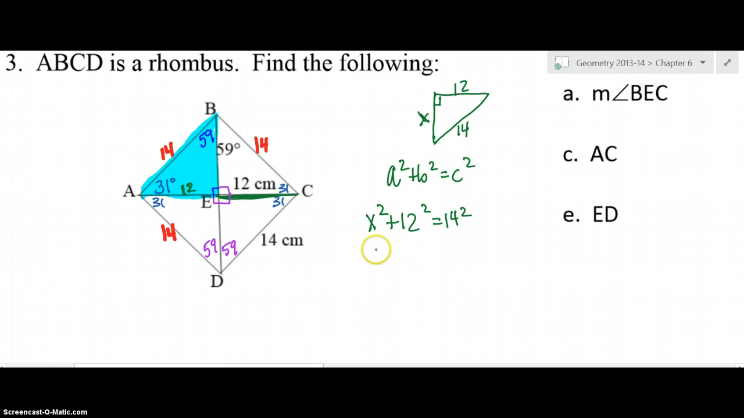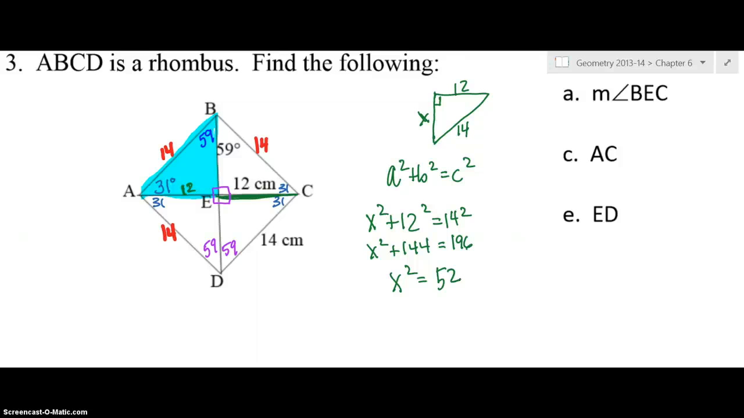Okay, so x squared plus 12 squared is 144. Anybody know 14 squared? 196. Subtract 144 and you get 52. Now that is x squared, but you actually just want x. So how do you get rid of a square? You square root. This is not going to be perfect because 52 is not a perfect square, but